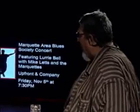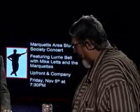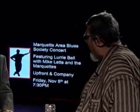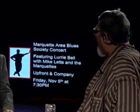And they're out of Chicago. Lurie Bell's father was a harmonica player back in the day, and he was a big-time harmonica player. They're going to be here, playing with Mike Letts and the Marquettes. That's going to be Friday night at 7:30. Again, it's a fundraiser for the Marquette Area Blues Society with all the proceeds going to the society. It's a nonprofit organization, with the money going to the Blues Festival happening over the Labor Day weekend